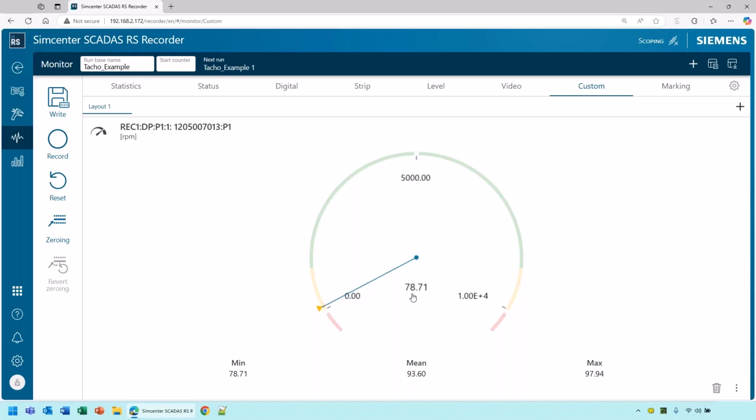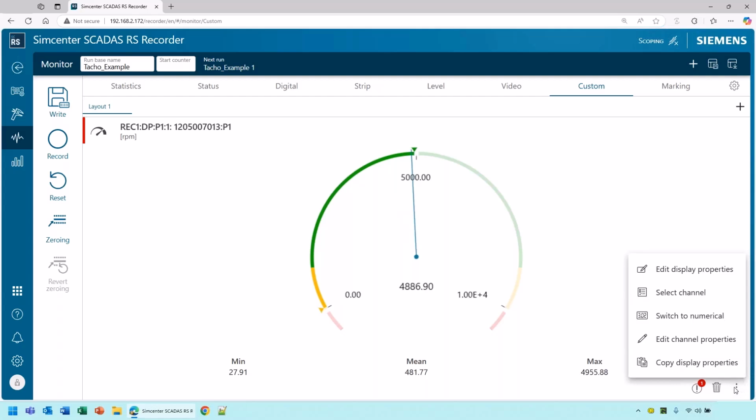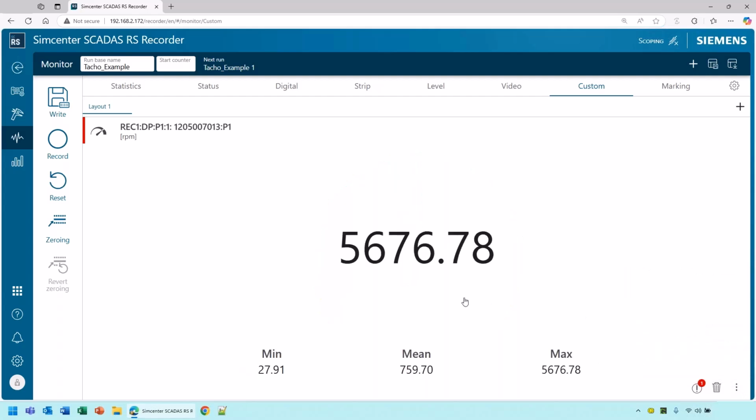And I can see that the RPM is reading out there on the gauge. Yeah. And what if that's hard to read, maybe in a car? Can I make that a big numeric display? You can, here under the 3 dots, switch to numerical. Oh, nice. Well, that's pretty cool. Glad that we can look at it in different ways. The strip chart shows me the evolution over time, but this one just gives me a nice big number to look at while I'm driving around.